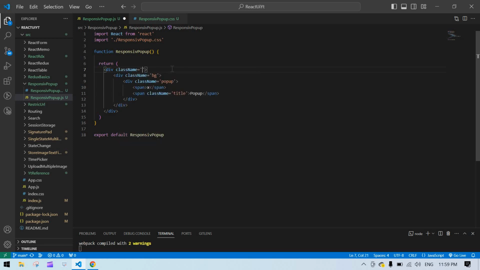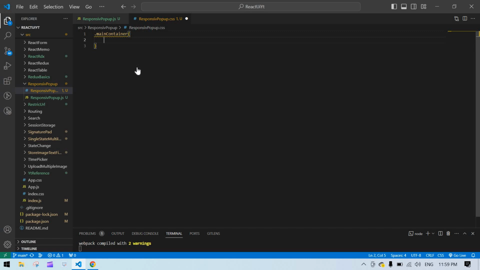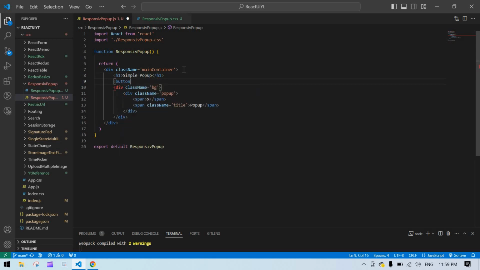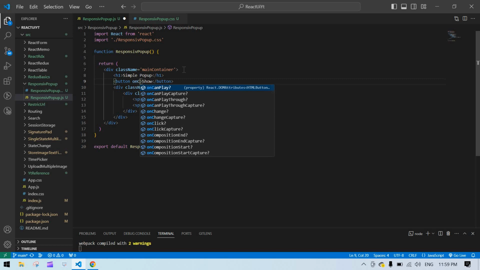And also here the main class is the main container, so I'm applying style for that. Here text align center. Before that I'm going to create one h1 tag for a simple pop-up and one button. This is for show pop-up. Here we have on click,